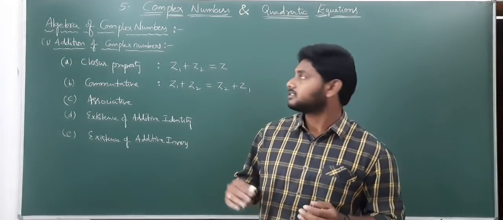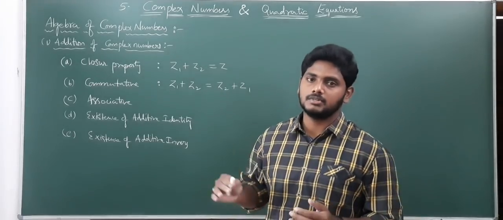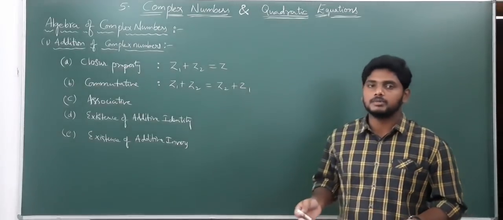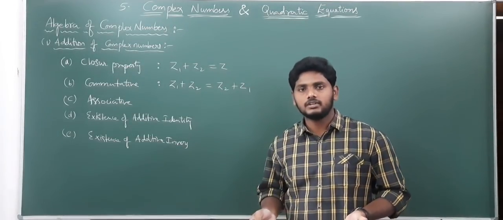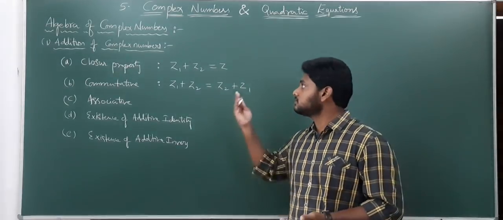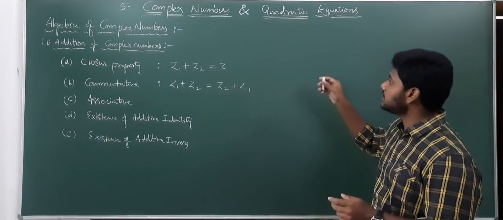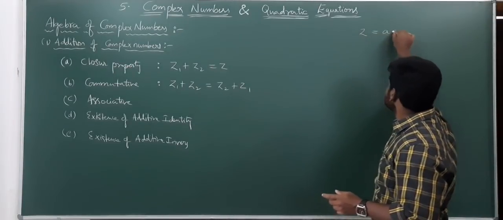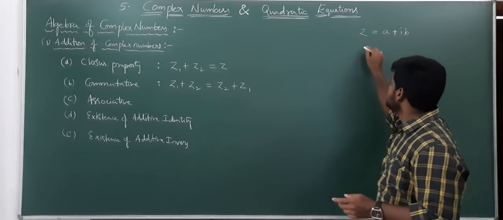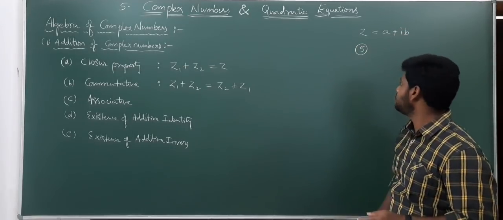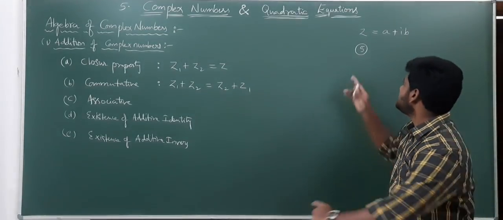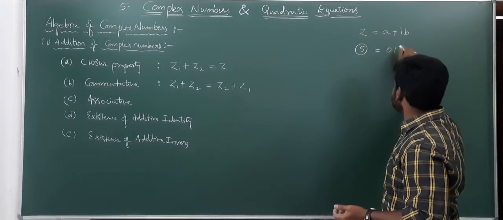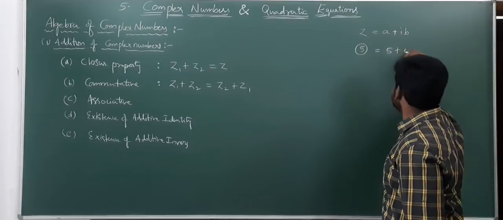But more than that, the complex number system is the biggest compared to real numbers. Why? Because every real number is a complex number, but every complex number is not a real number. Suppose you take a number that is not real, it still comes under complex numbers. So we can convert any number in terms of a complex number. As I said, a complex number should be in terms of a plus ib. 5 is a real number, we know. Can that real number be written in terms of a complex number? Yes, we can write 5 as 5 plus 0i.